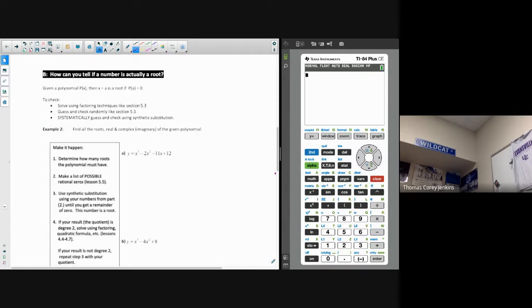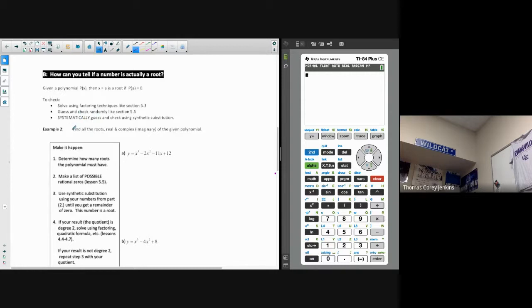So example 2, which will take us to the end of the notes, is to find all the roots, real and complex, of a given polynomial. Basically the values of x that make y equal 0. To check, we could solve using factoring techniques, like in 5.3. We can guess and check randomly, though we're probably not going to do much of that. And then systematically,